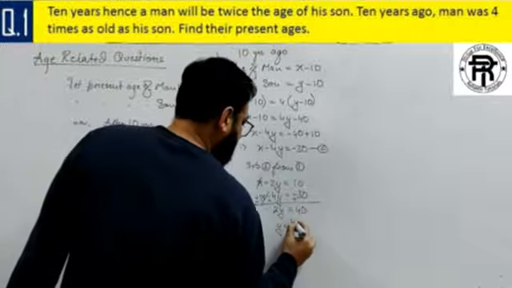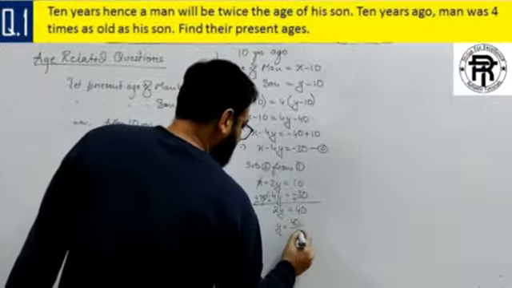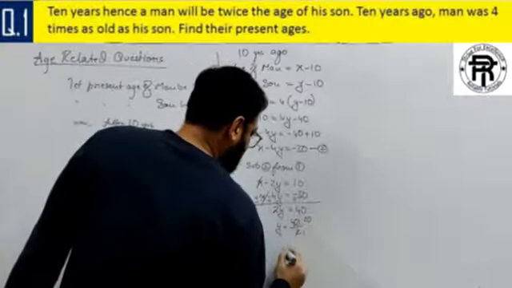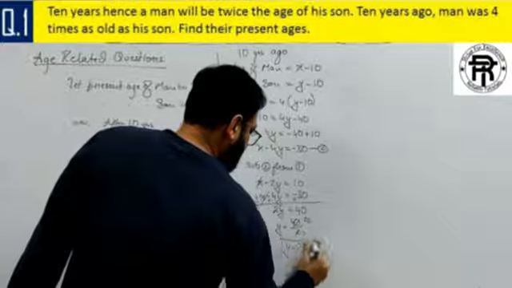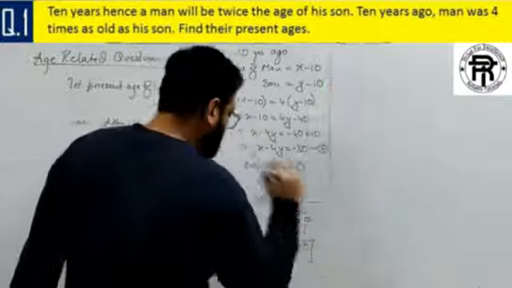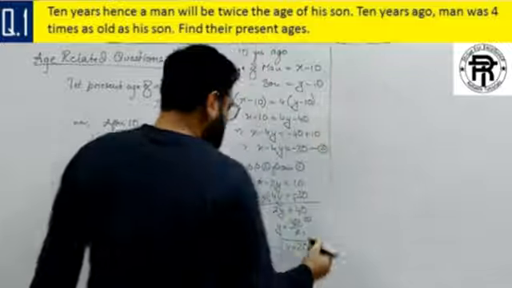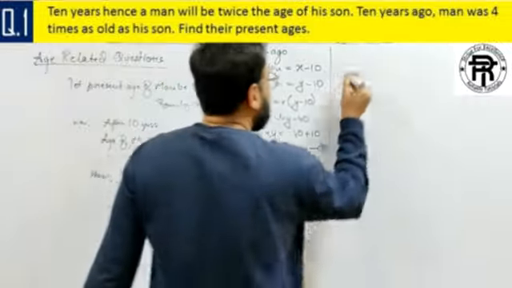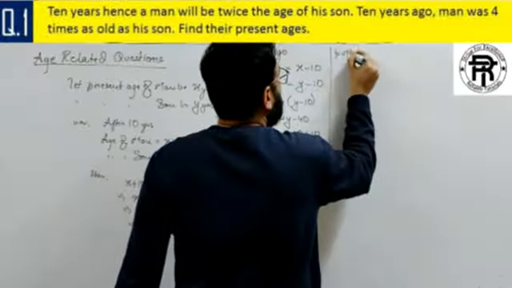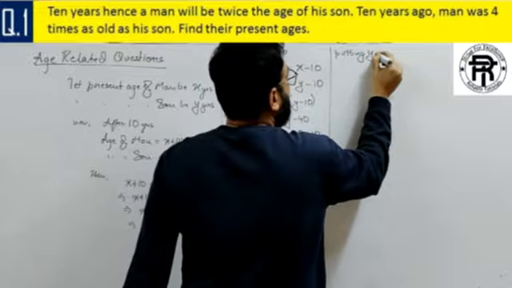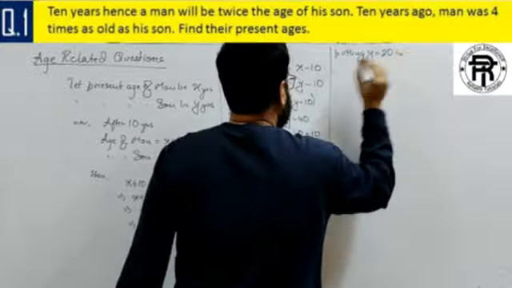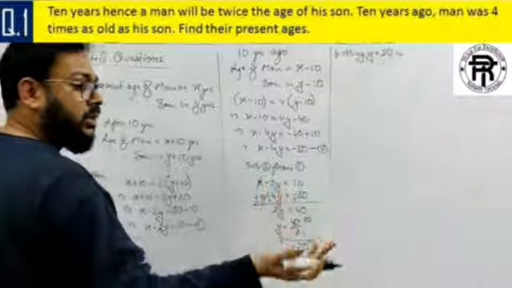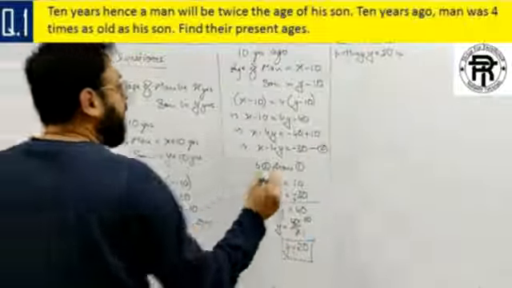That means the value of y is equals to 40 by 2, that is 20. The value of y is 20. Now then, moving ahead. y आ गया, y is 20. That means y क्या था, हमने क्या लिया था? Son's age. Then son's present age is 20 years. Putting y is equals to 20 in the equations. Now again, we have two equations, the first equation and second equation. We can put the value in any of the two equations. First में put up कर देते हैं.